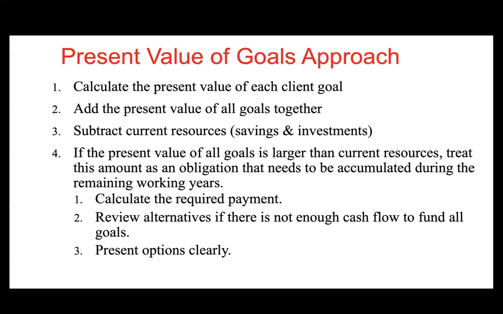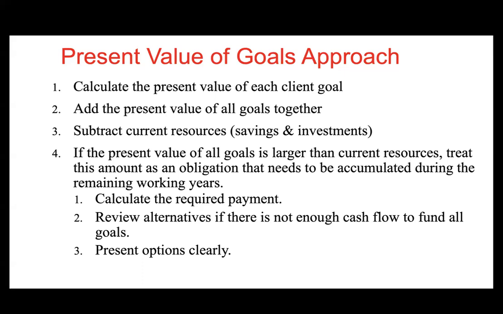be, and then saying, all right, well, what do we have available to fund those goals? And if we don't have enough currently available to fund those goals, then what is the remaining requirement to hit our target, right? And so in that case, any shortfall that we had in the current period to fully funding the goal, we would say that's an obligation. And we would figure out what the cost of that obligation was, and we would consider alternatives for funding that obligation to get our resources up to the level that we needed to fully fund the cost of the goals,